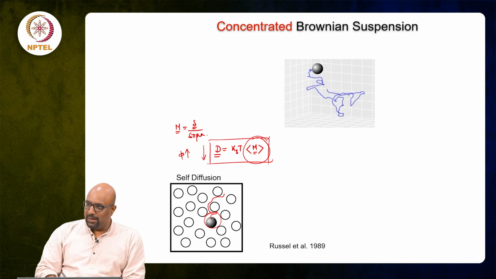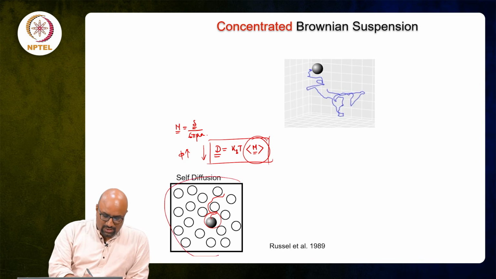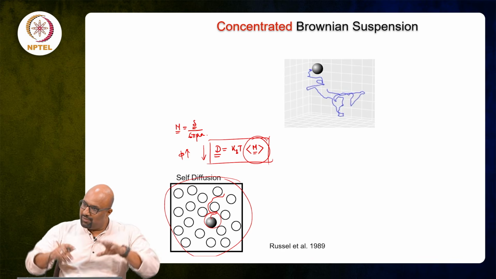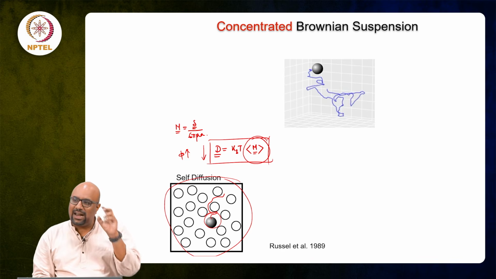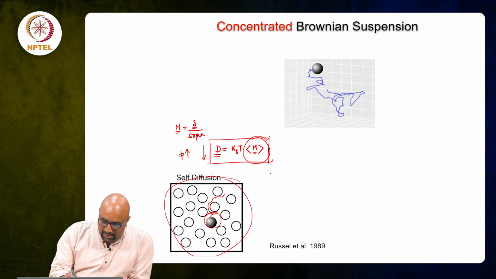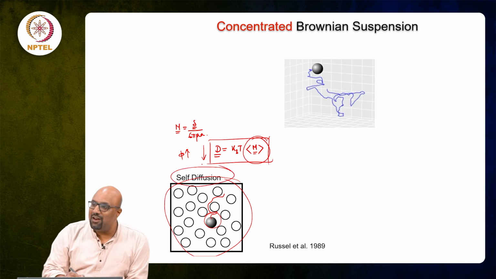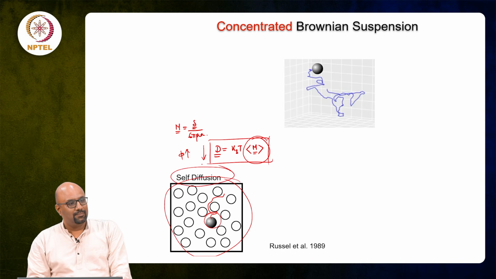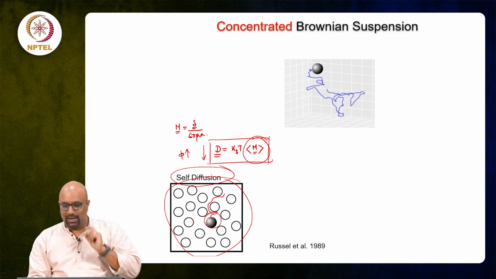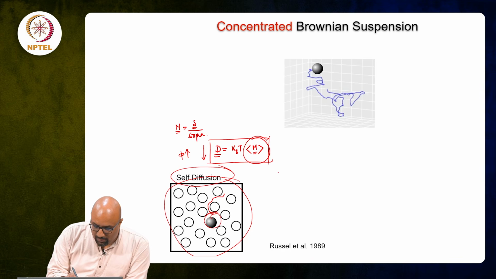If you look at this particular picture, there is no change in the total volume fraction here. You have a uniform distribution. I am basically tracking one such particle, which is why the term that is used is self diffusion. You are tagging or you are tracking one particular particle, and you are trying to compute what would be ddt